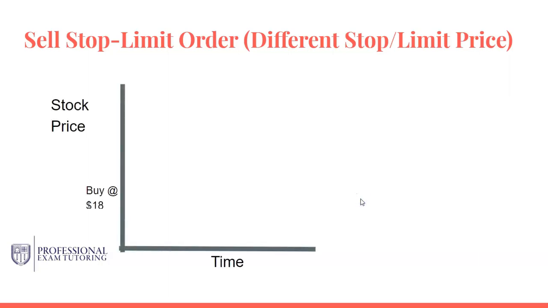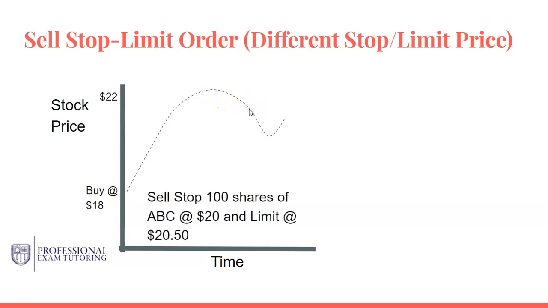So you may decide to buy a stock around $18 per share, and you think it's going to eventually go up, but there's some point where you think it might actually start coming down again, and you want to protect yourself before it comes all the way down. However, you don't want to just sell it at any price as it's coming down. You have a very specific price in mind where you want to sell it. So if this stock has come up to 22, it starts curling back around, you're getting a little worried, you decide, I want to sell this stock if it hits 20,